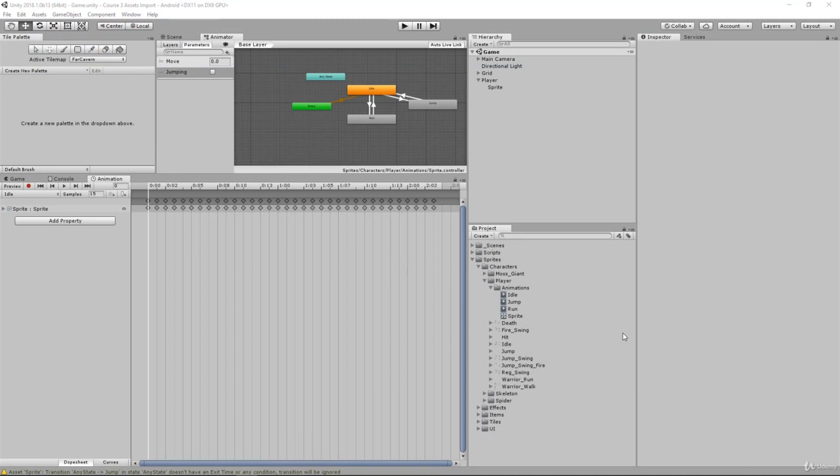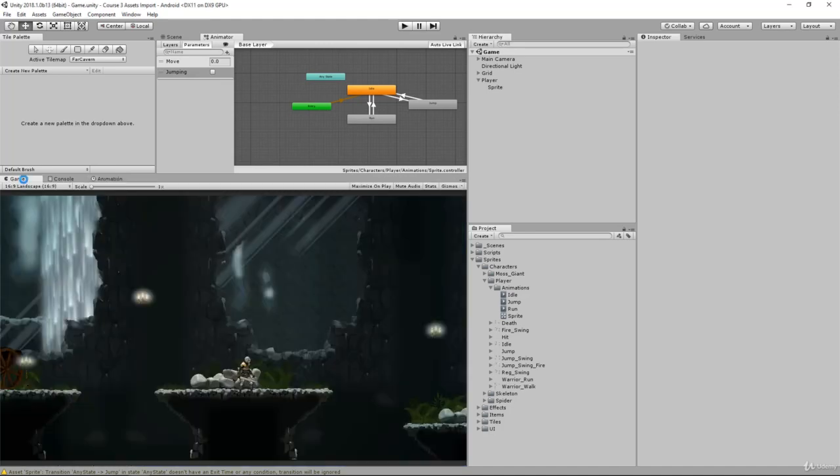Now that we have our jump animation set up and our behavior tree is created inside our animator here, let's look at the logic on how to actually create this. So one of the things that we need to do is, when do we trigger this? Currently, our move animation is being controlled through this parameter here. So basically the logic is we get a handle onto our animator component, and when we hit the space key